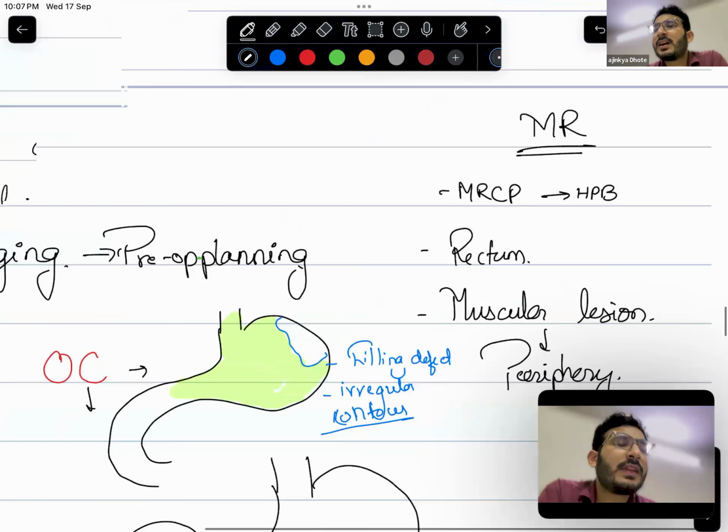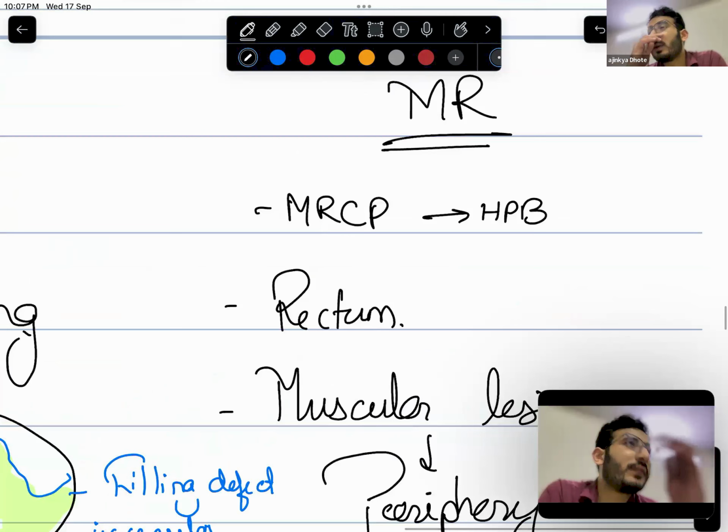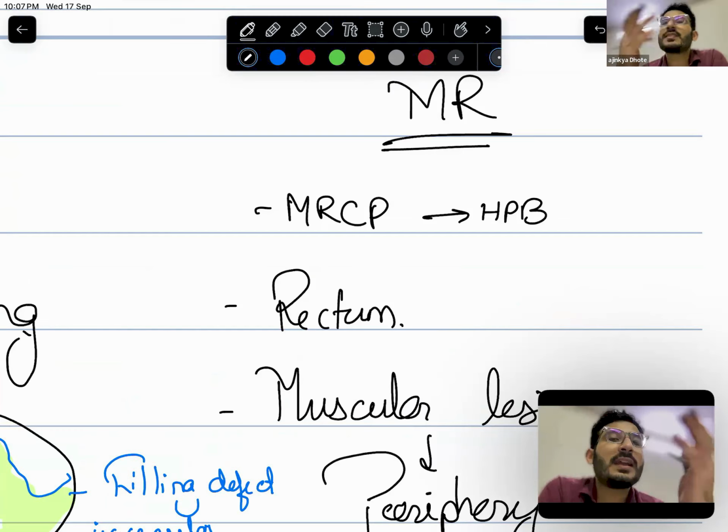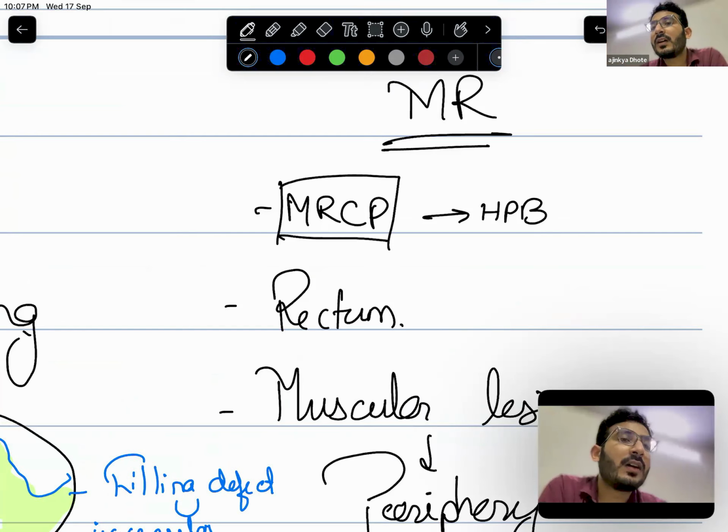Next is your MR. MR is more of a soft tissue scan. It's good for your neurological imaging. With MR, we as surgeons are most commonly concerned with MRCP. And obviously for tumors in the rectum, we prefer MRI. So MRCP is